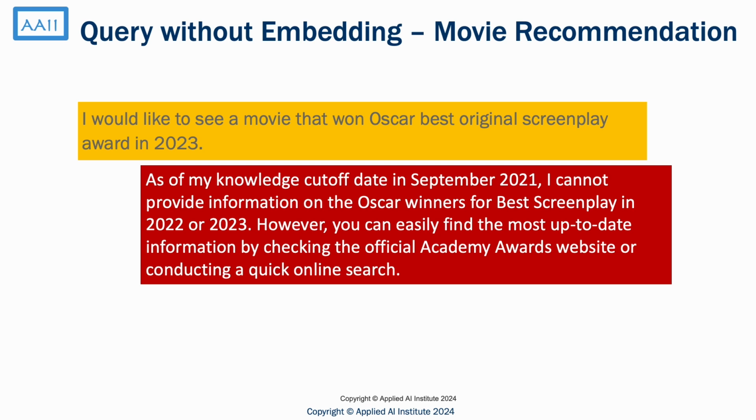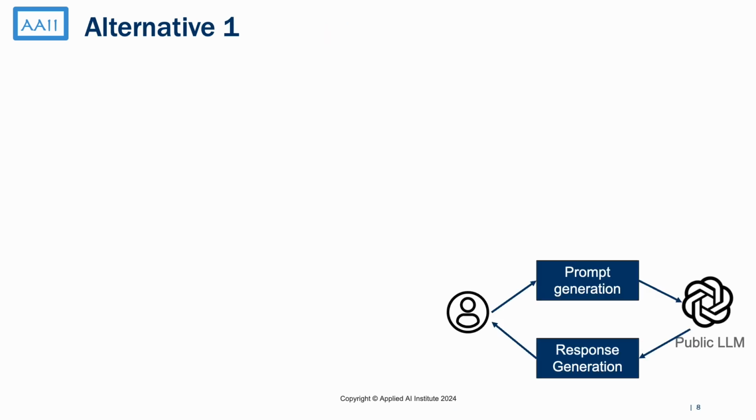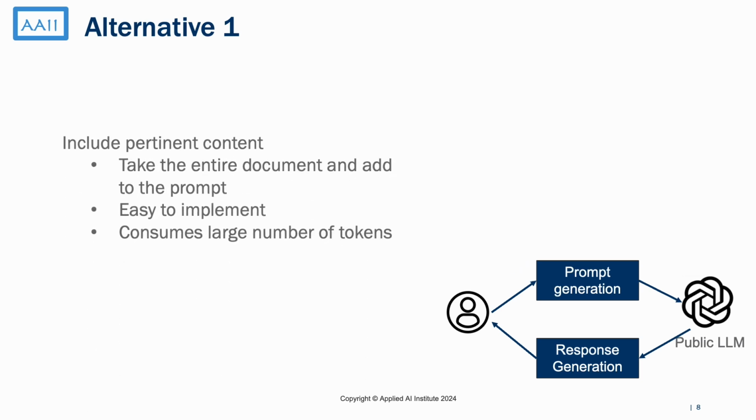So, if we have to collect a series of PDF documents which contains the latest information, how will I supplement an LLM with these latest documents? There are several alternatives, and we'll cover all these alternatives one by one. So if we have a collection of PDF documents, these can be utilized to enhance the responses generated by a public large language model. This is a core concept behind techniques like retrieval augmented generation, which allows the integration of external data sources into the model response process.